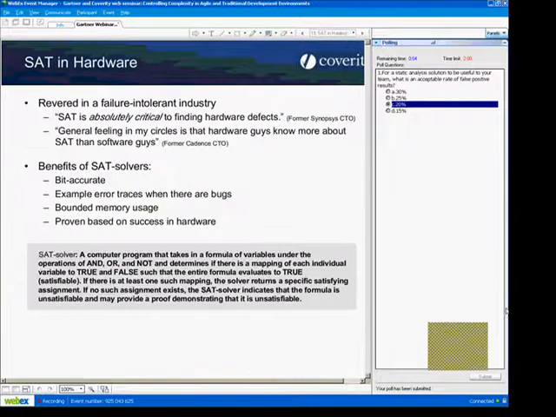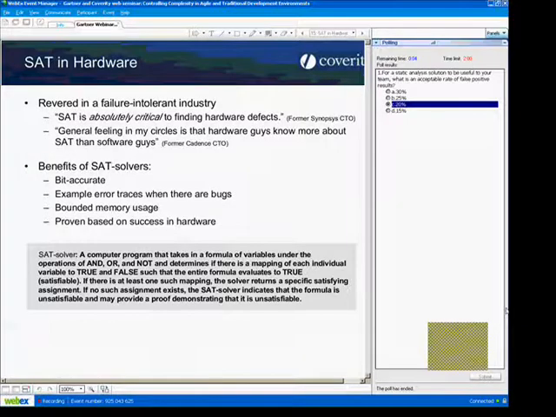As it turns out, SAT has been used in hardware for a long time. For the folks who are making the tools to enable chip design, Boolean satisfiability is part of Cadence products, Synopsys products, Mentor Graphics products, et cetera. Anyone who's in the EDA space is leveraging SAT. As you can see, a couple of quotes there from executives